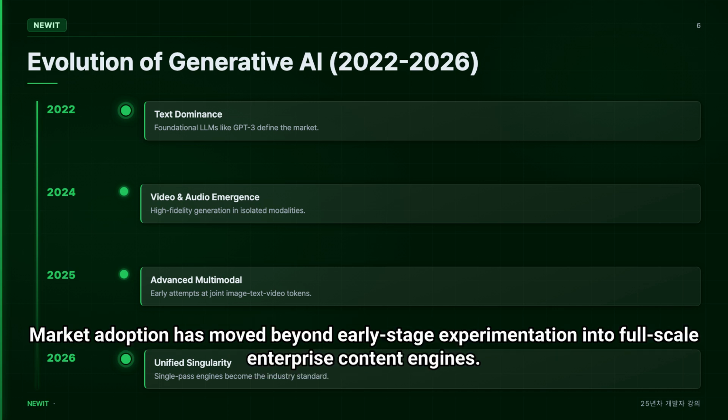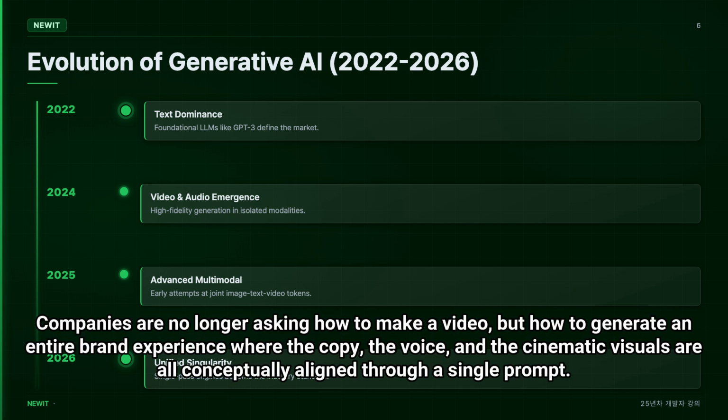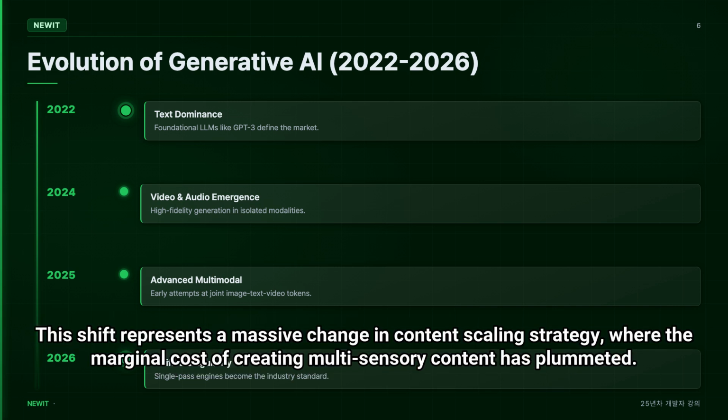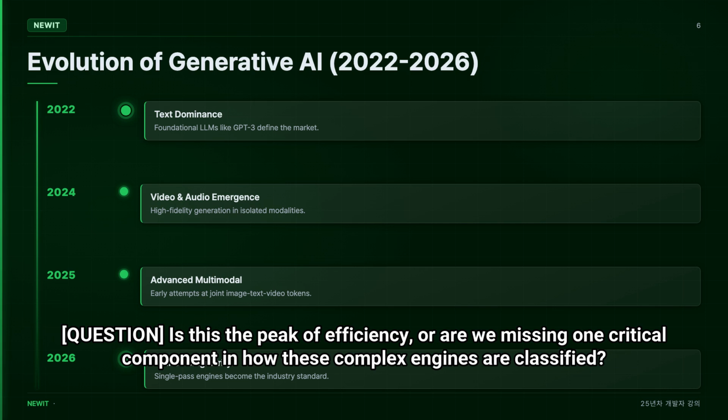Market adoption has moved beyond early-stage experimentation into full-scale enterprise content engines. Companies are no longer asking how to make a video, but how to generate an entire brand experience where the copy, the voice, and the cinematic visuals are all conceptually aligned through a single prompt. This shift represents a massive change in content scaling strategy, where the marginal cost of creating multisensory content has plummeted. Question: is this the peak of efficiency, or are we missing one critical component in how these complex engines are